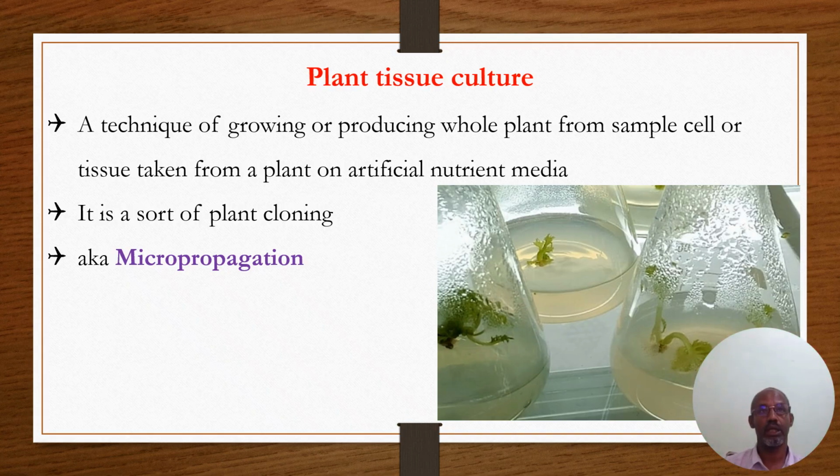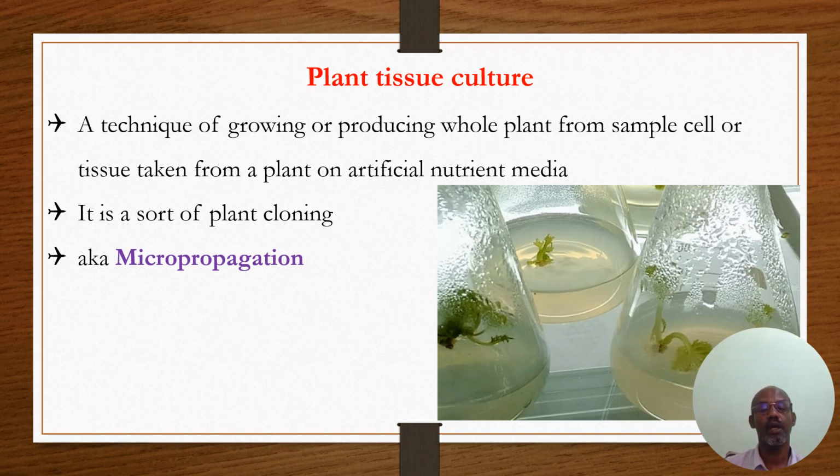When you say cloning, it refers to giving rise to the whole organism, the whole animal, by taking a single cell and growing the full animal from it. Of course, it's a much more sophisticated and very young field of biotechnology or genetics. When it comes to plant tissue culturing, you can take any plant tissue from any part of the plant, provide nutrition and suitable conditions in the lab, and it will grow into the whole plant, so that you can propagate it into a field for crop production.